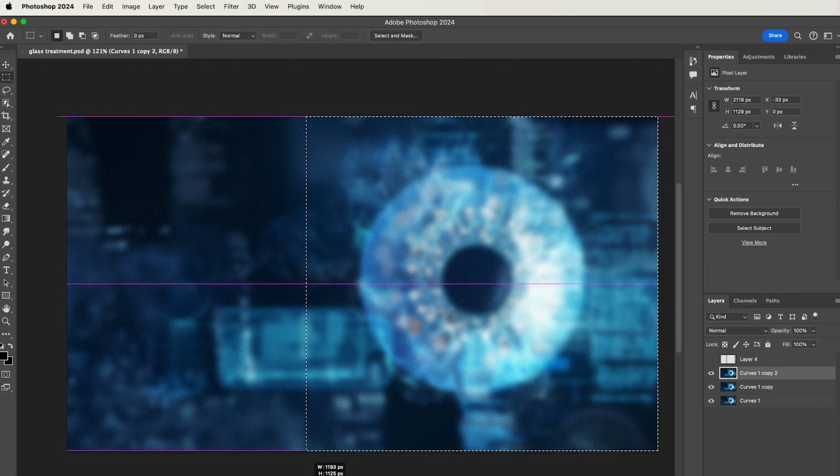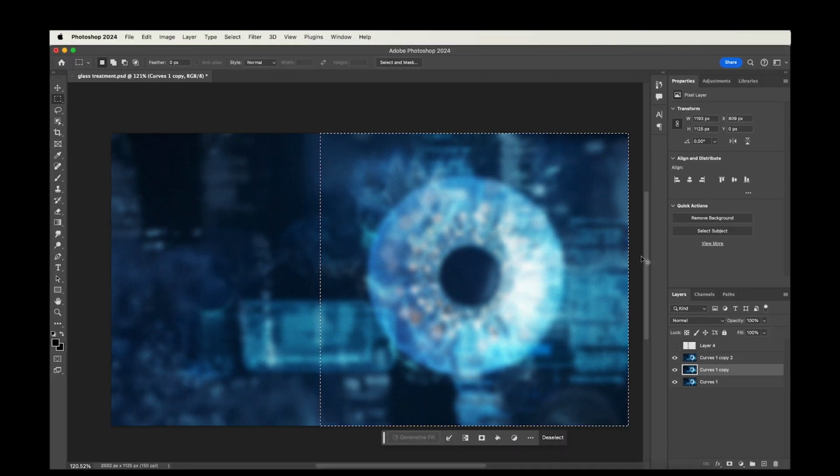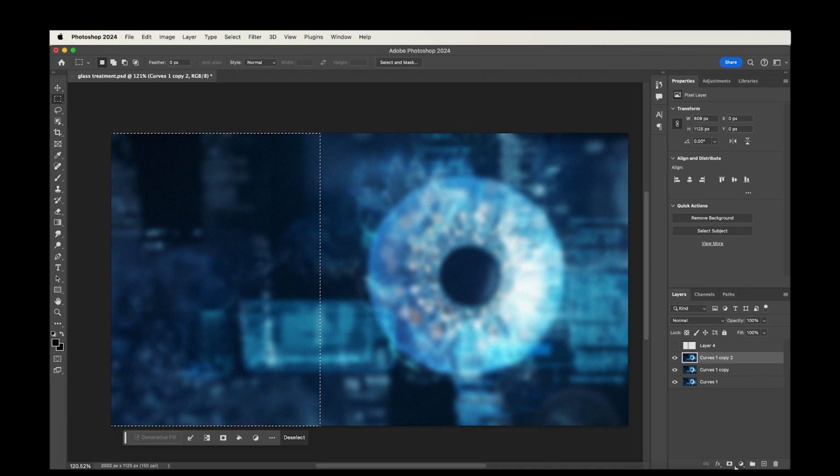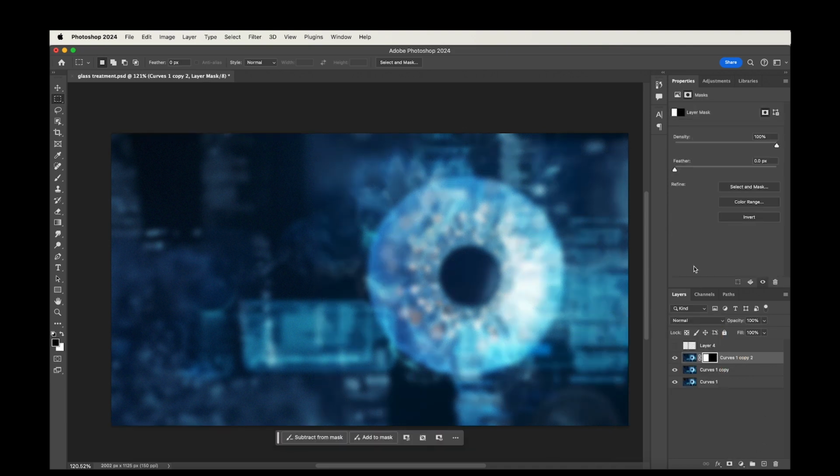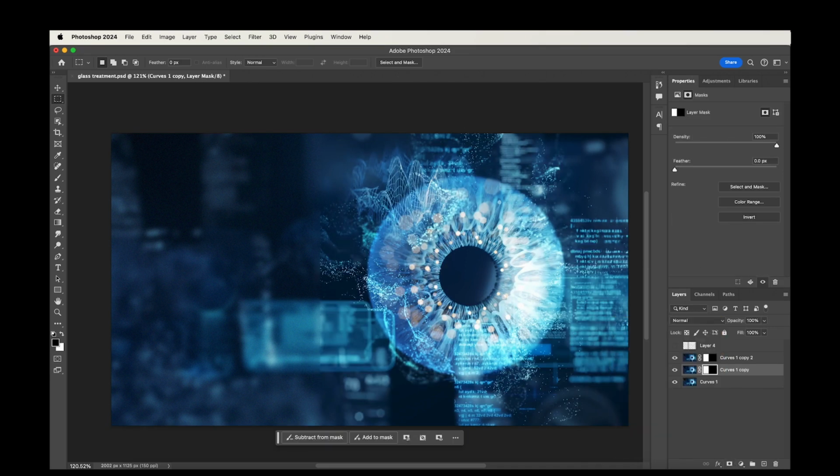Now let's make a selection so that we can mask the effects that we have added. Command-Shift-I, select the layer and hit the mask icon at the bottom. Do the same for the Gaussian blur layer. Now we have our main image revealed on the right hand side, and on the left we have the glass